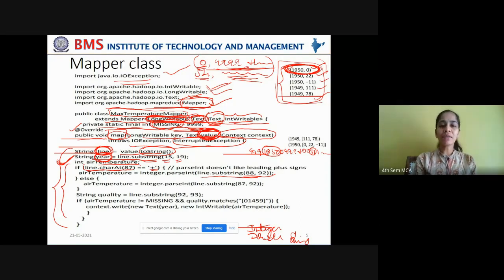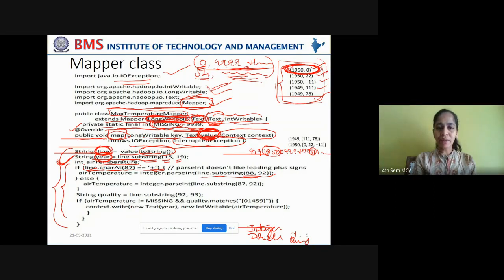So you find the trailing plus. It means in this main string, if the character at 87 is encountered as a plus symbol, then record it as a normal temperature. Do not take the plus sign but record the temperature, which by default indicates a positive value.